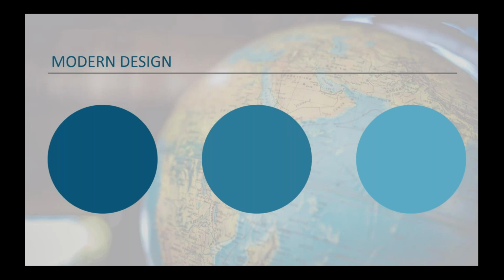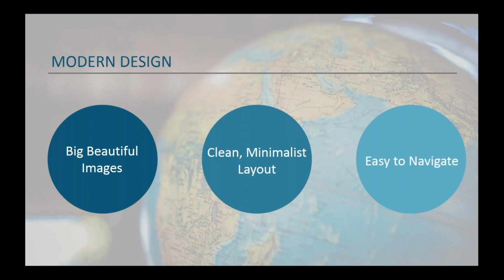An effective travel website should activate the travel bug with vibrant imagery in the form of big, beautiful images. And while photos can do a lot of the work in inspiring visitors, a travel site can't accomplish its purpose without a great design. In 2018, website designs are leaning towards a very clean, minimalistic layout, and adding to that, websites should be straightforward and easy to navigate. So what I'm going to do is I'm actually going to pull up a couple sites